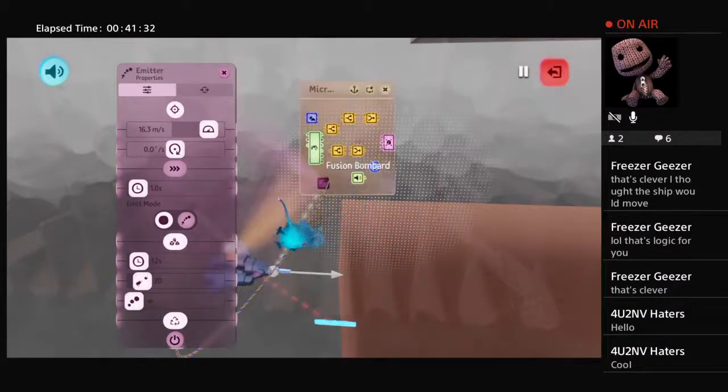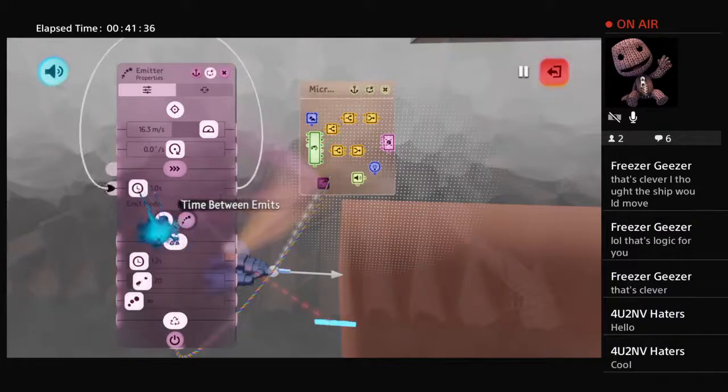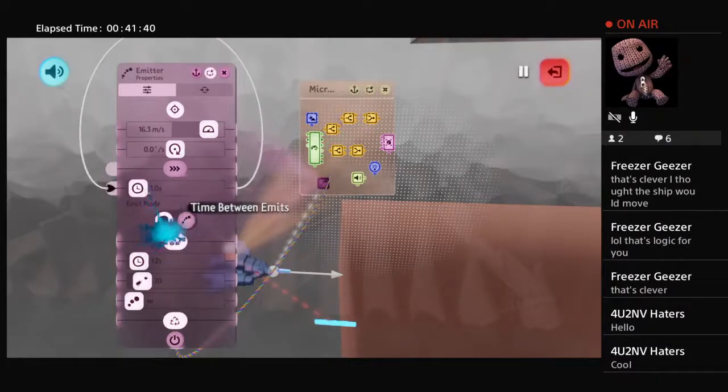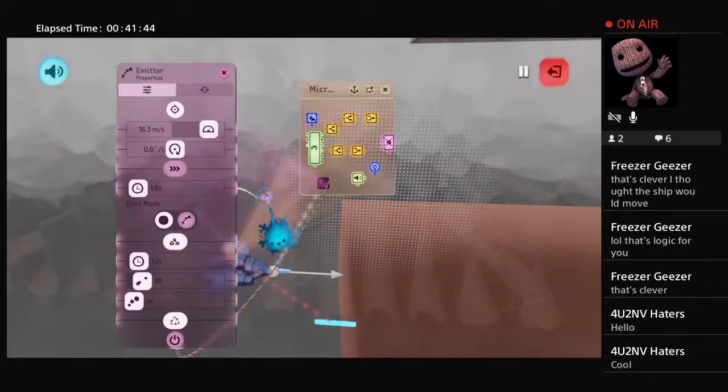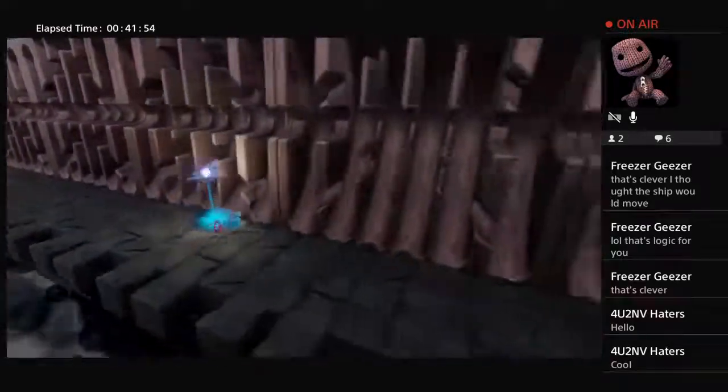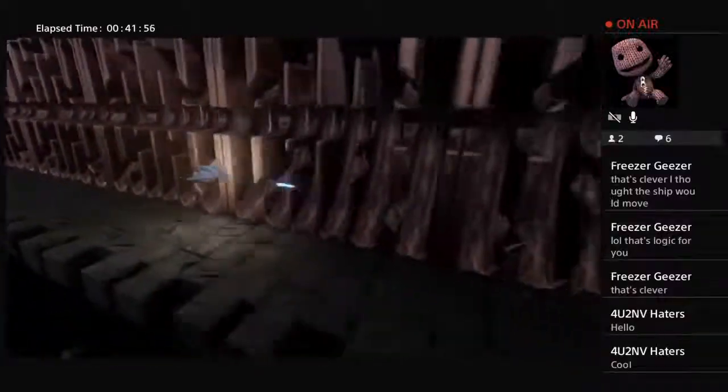So there's a sound effect there every time it basically emits an object. So every time it repeats, it's going to emit 1.0 seconds. Every time it does 1.0 seconds, it will do this piece of logic here, which is basically going to go to the sound effect. So now when we test it, and we press your X button,